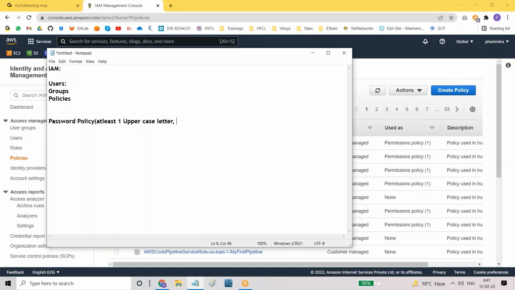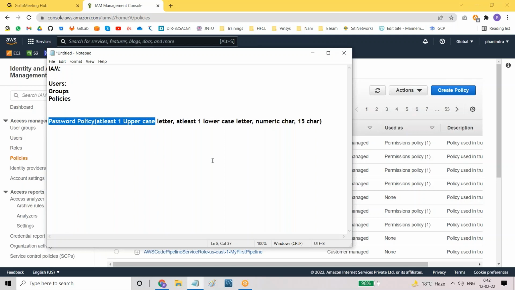So I want to design my password policy like this: at least one uppercase letter, at least one lowercase letter, and numeric characters, all the numeric characters it is able to work with, and the password length may be 8 characters or 15 characters. Usually in our organization we use a 15-character length, a very big password, and along with that the last 5 passwords or the last 10 passwords will not be reused,